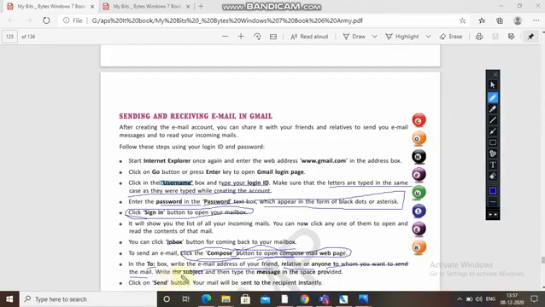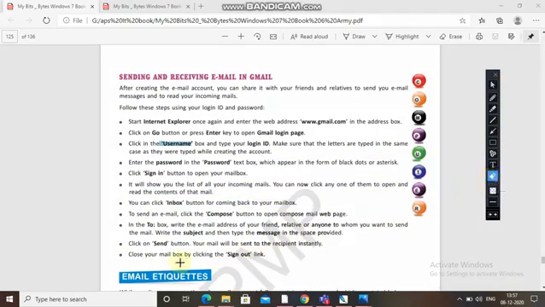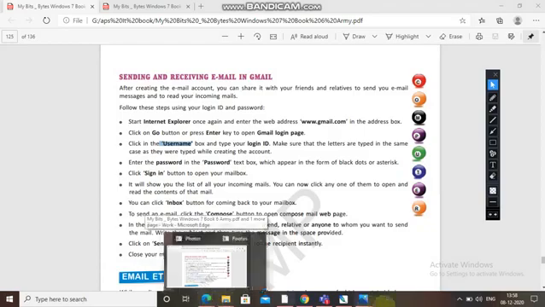Now, write the subject and then type the message in the space provided. After that, click on the send button. Your mail will be sent to the recipient. And close your mailbox by clicking the sign out link. When you are signing in, then sign out.